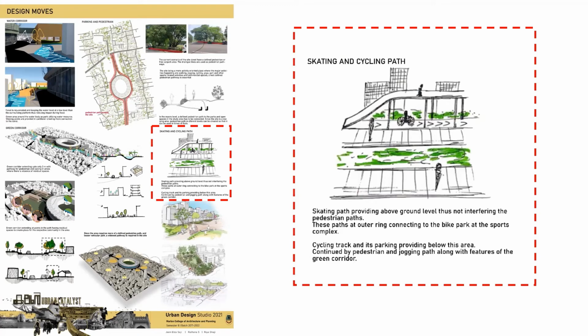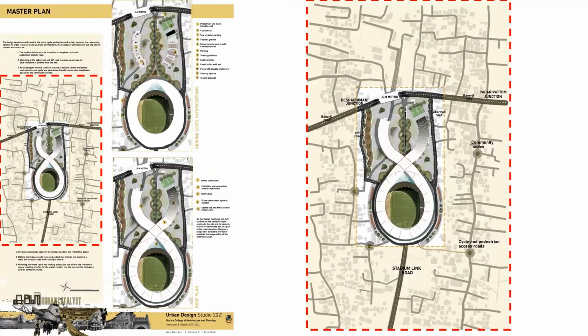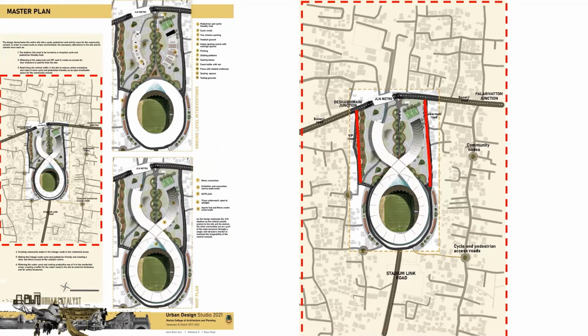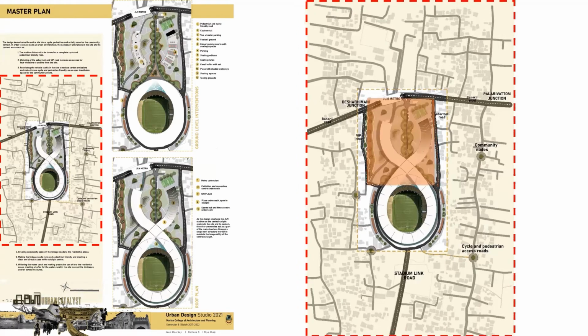Now coming to the master plan, the design demarcates the entire site into a cycle, pedestrian, and activity zone for the community context. In order to create such an urban environment, the necessary alterations in the site and its context were such as the Stadium Link Road to be turned as a complete cycle and pedestrian friendly road, widening of the Sabarmati and VIP road to create an access for four-wheelers to and fro from the site, restricting the vehicle traffic in the site to reduce carbon emissions and make it more cycle and pedestrian friendly as an open breathable space for the